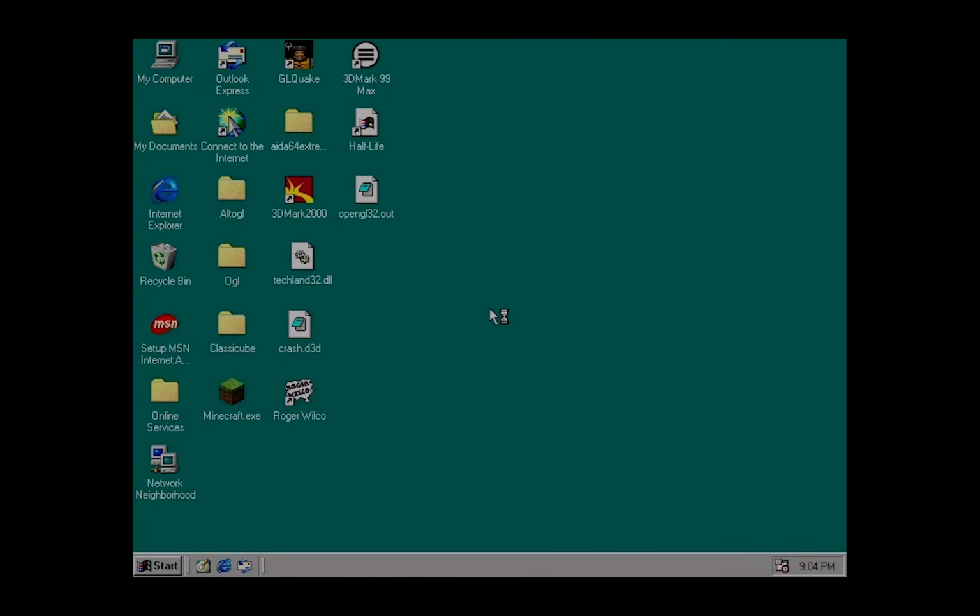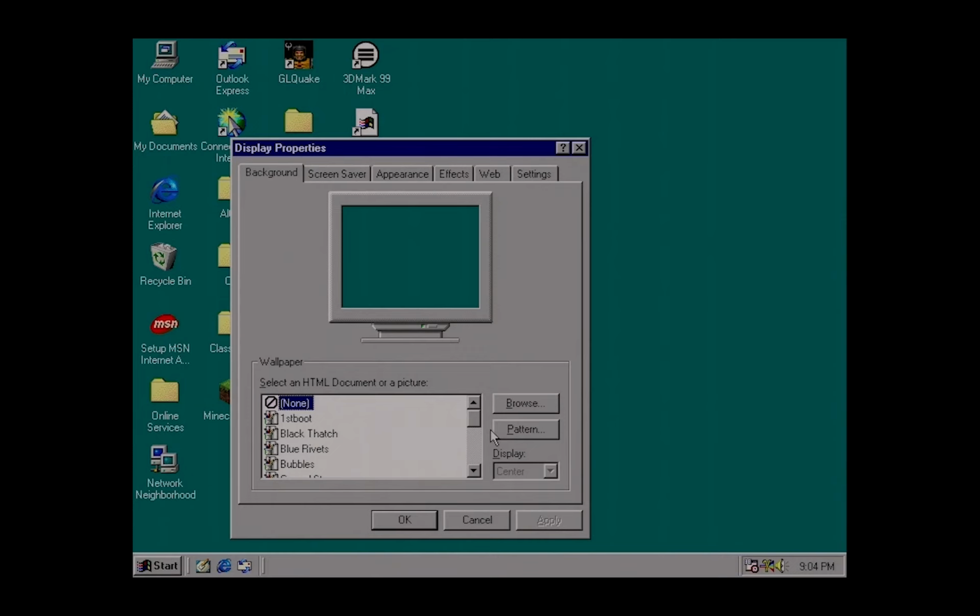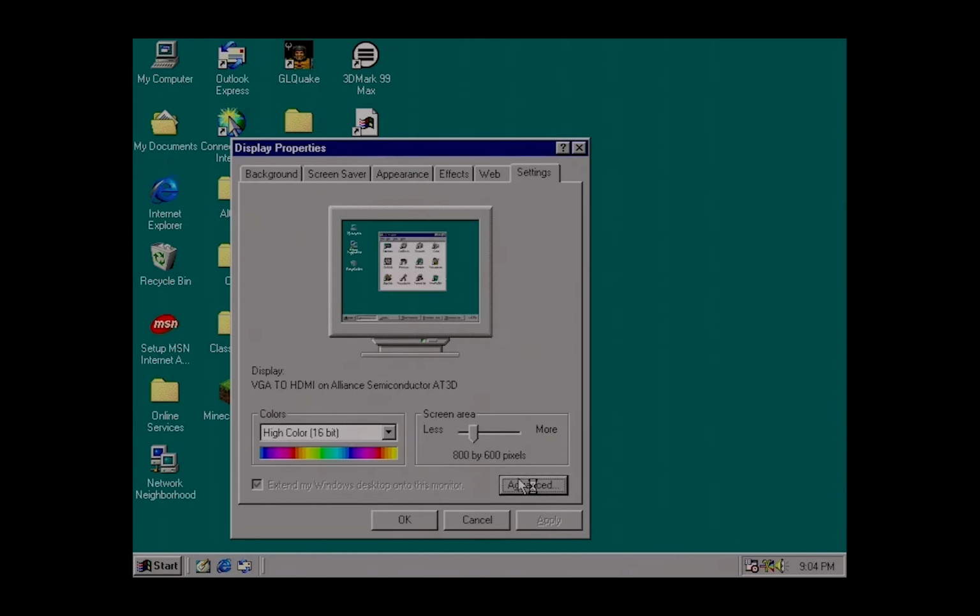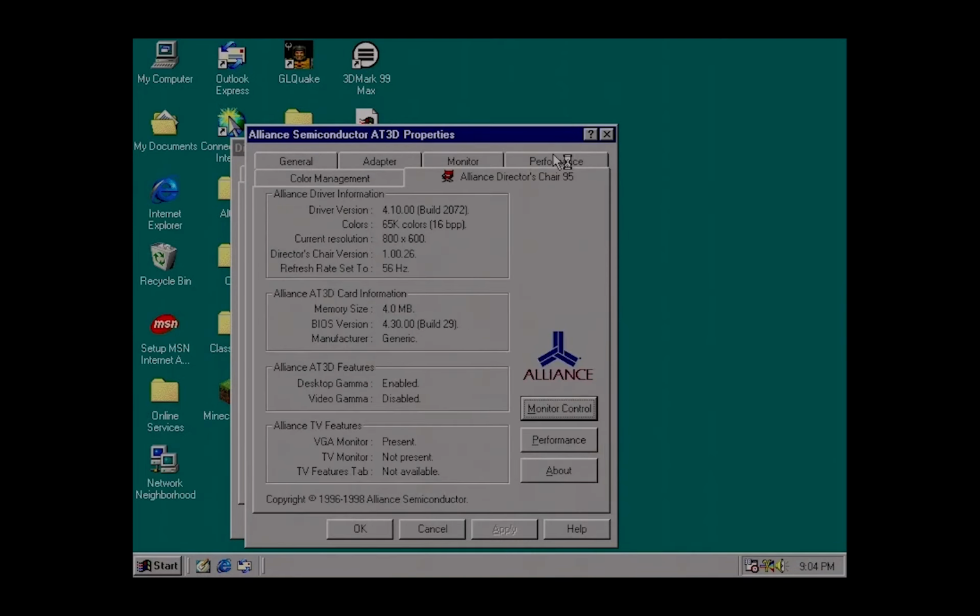So it seems to be something related to the capture card in this video capture system, but I'm really not sure, because when I go to TV features here, I will, well, yeah, TV features is completely